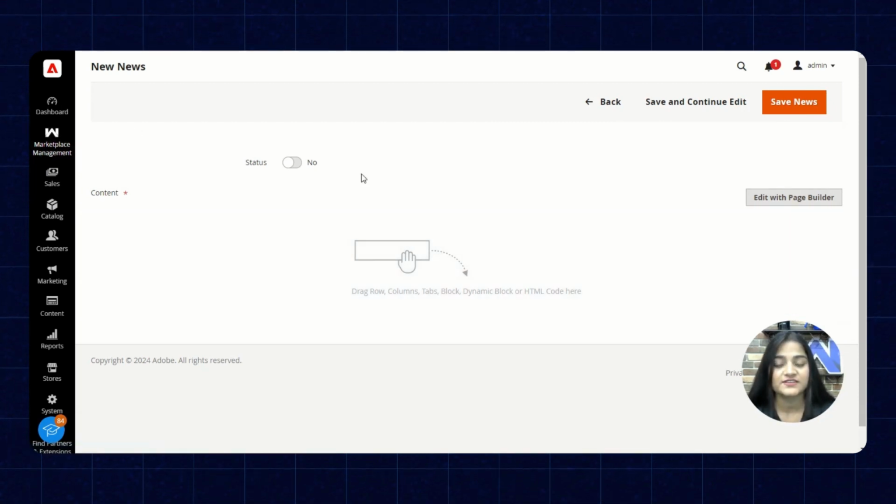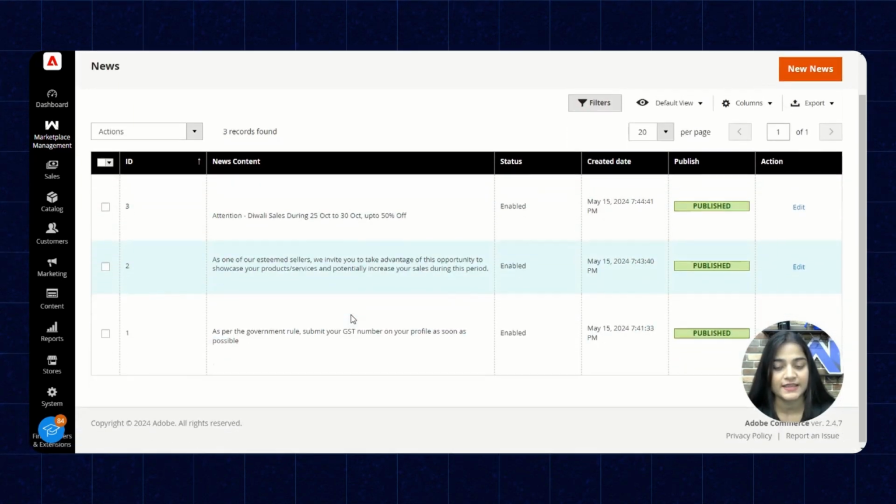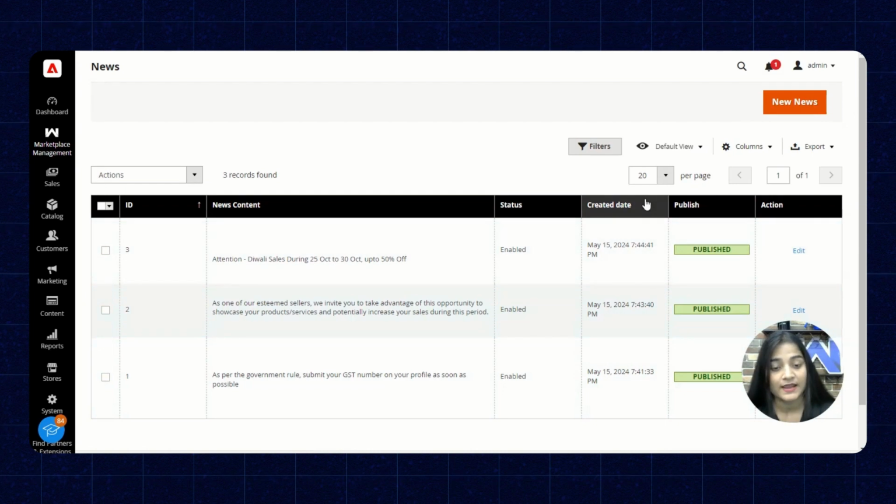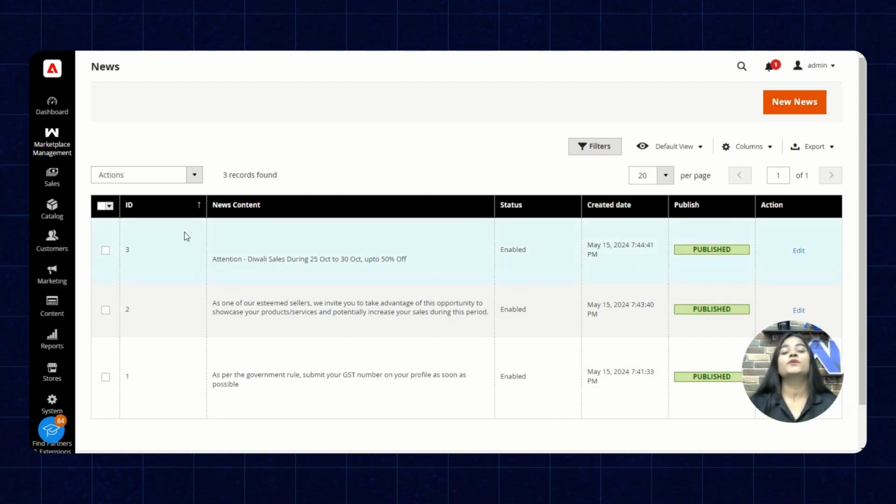And after saving the news, it is going to reflect here, like the news which are already there are reflecting. And once you publish this news, it is going to give a pop-up on the seller dashboard once they log into their panel. We're going to show you on the seller dashboard as well, but first we'll check how we can add fulfillment